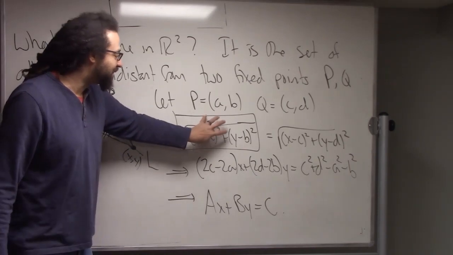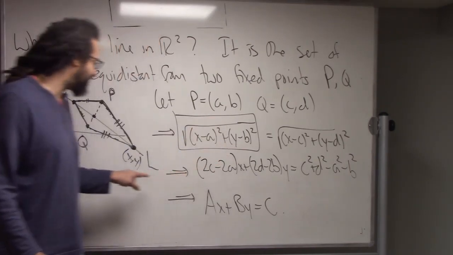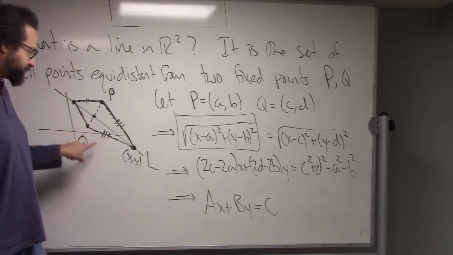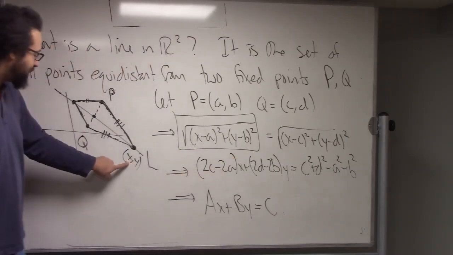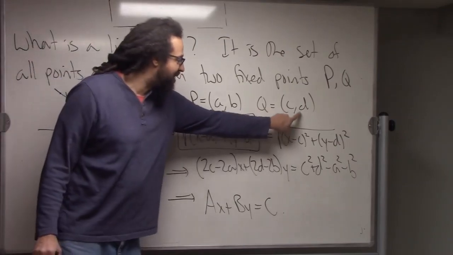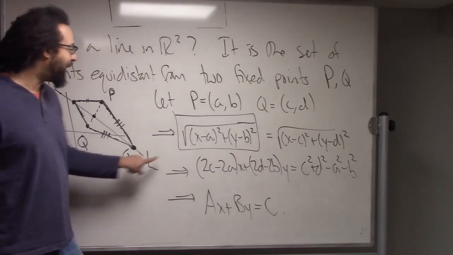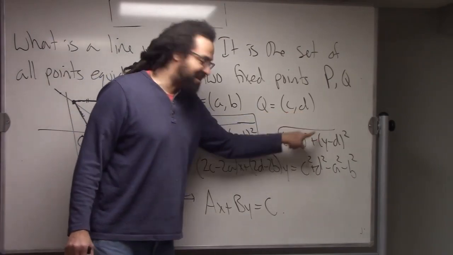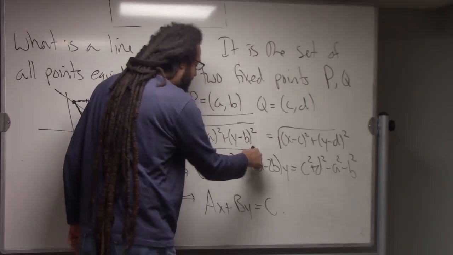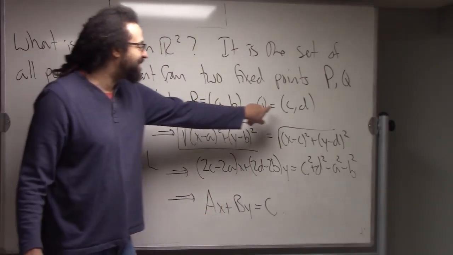So we know this thing is equal to the distance from x comma y to Q. So what's the distance from x comma y to Q? Well, it's the difference of the x's squared plus the difference of the y's squared, and then take the square root. So this equation, in terms of the points a, b, c, and d,